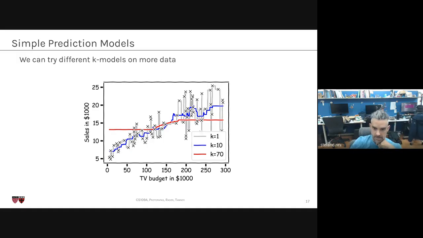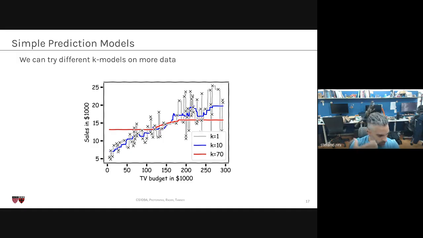And then as k increases, you become very, very smooth. And then there is going to be a k where you become overly smooth, right? You see that this curve is very nice because it really captures the pattern in the sales. When k is equal to 70, here we have flattened down our prediction too much. The range of prediction is between 13 and 25, so it is very, very small. So we are almost always predicting a constant.